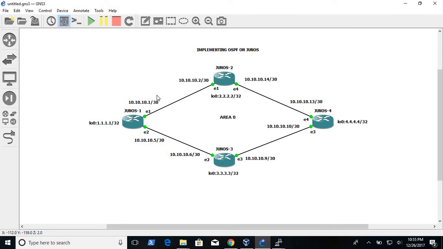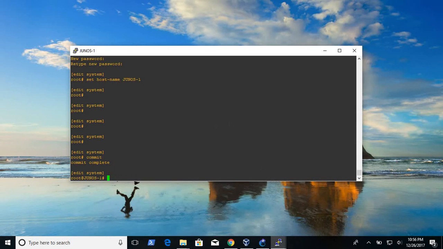Now, quick note from the first video, something has changed. It was all /31 on the first video. During my checks after the video, I realized that this version of the operating system is not able to support /31 for point-to-point WAN IP addresses, so I went behind the scenes to modify them to /30 for you. Okay, let's jump into JUNOS 1 and configure E1 as 10.10.10.1